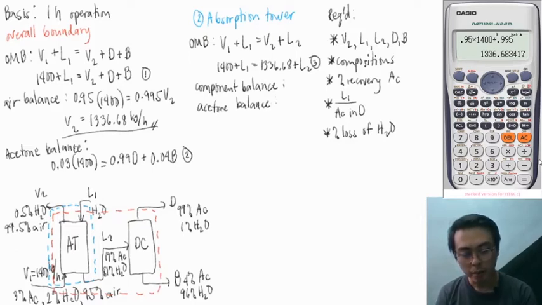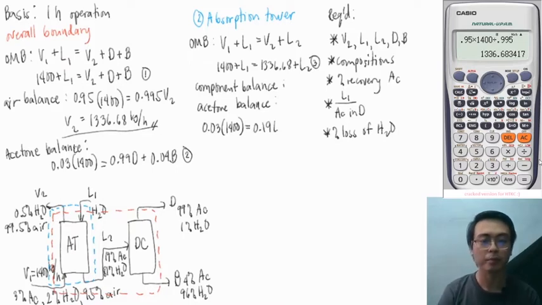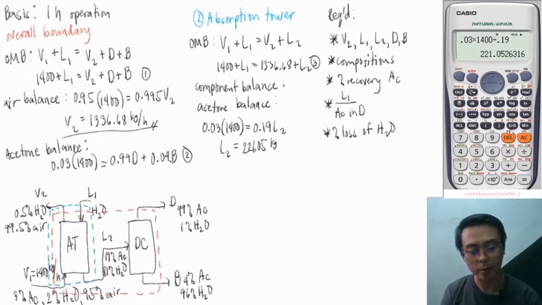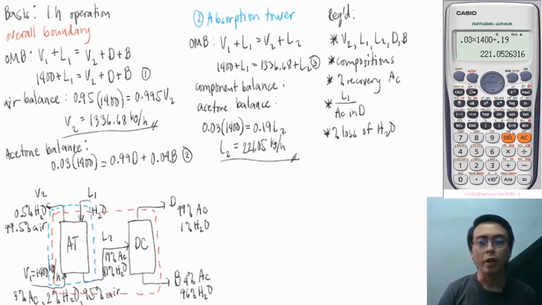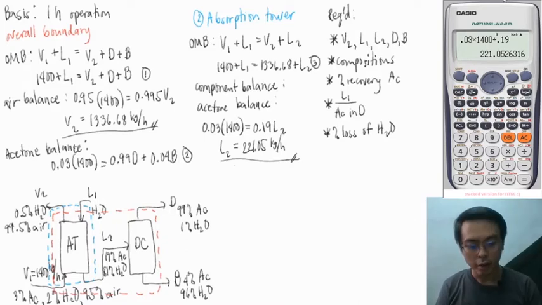That's 3% of V1, 1400. That's equal to 19% of L2. We can directly solve this equation to determine the value of L2. So we have 3% of 1400 divided by 0.19. L2 is 221.05 kilograms per hour. We now have L2, so you can go back to equation number 3, substitute L2, and we can get L1. In equation 3, L1 is